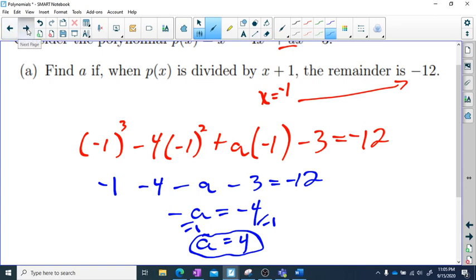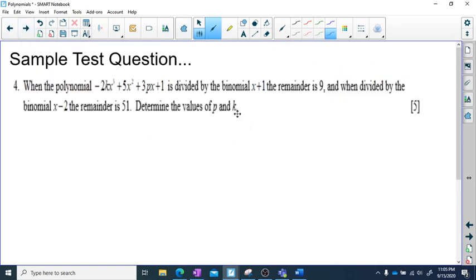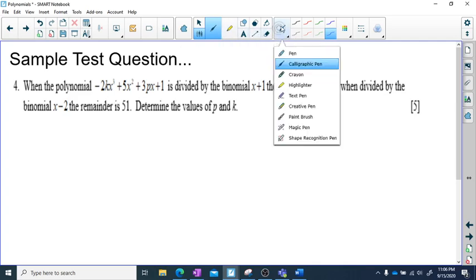Alright, I got one more something like that. This one I pulled right off of an old unit test. This is a really common question that I like to ask students because it forces you to show me that you understand how to solve something from pre-calc 11 and also something you would have done in Math 10 called systems of equations. So basically, it's the same as the last one, except there are two